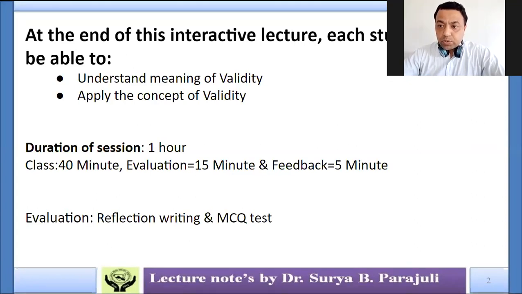So this is portfolio assessment. I'm not very sure about traditional exams, but portfolio assessment is quite good. Your attendance, your participation, your timely submission of reflection writing and MCQs, and your interactive nature